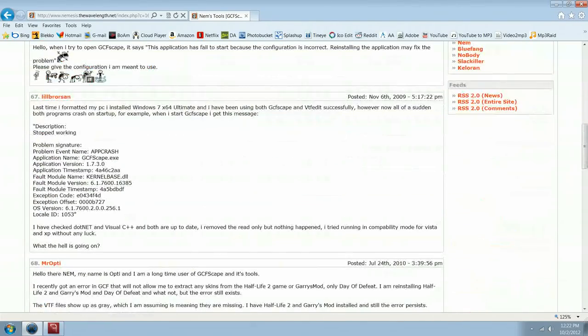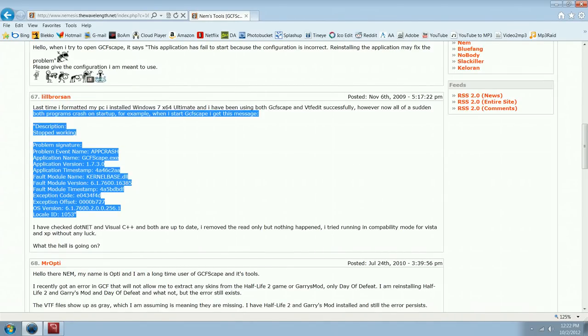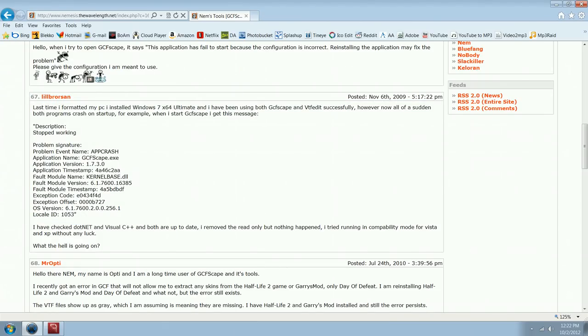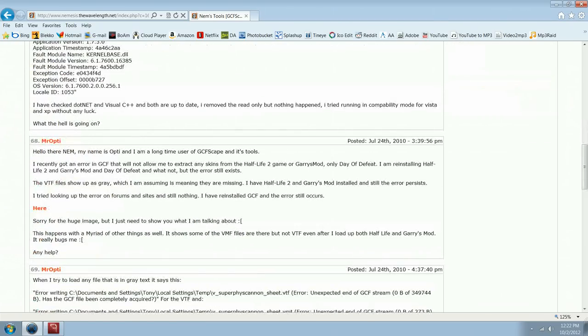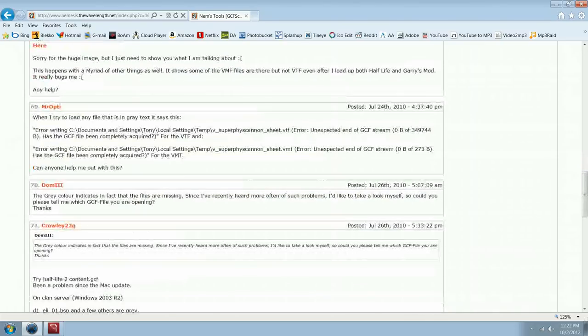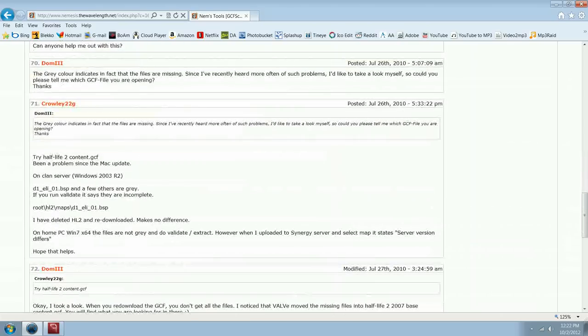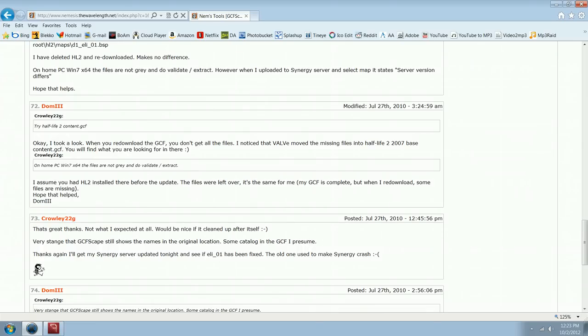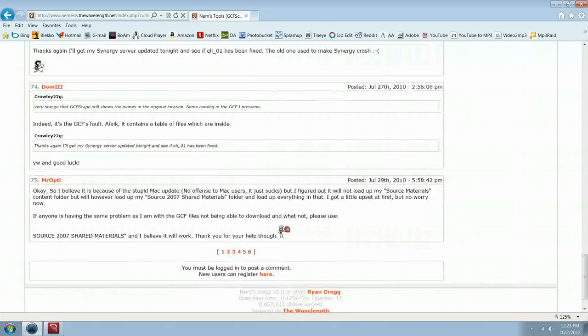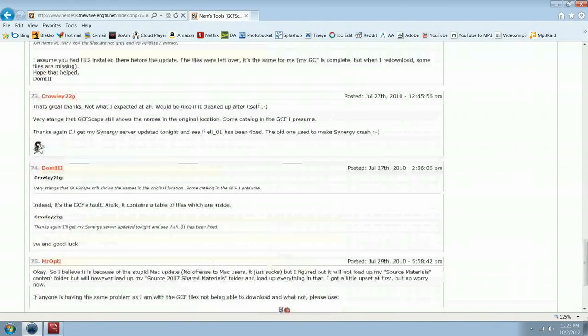You'll see people saying often exactly the errors that I was having, because most of these posts will say, oh, make sure you have the .NET and the Visual C++. Mine was totally up to date, and it still wasn't working. So what I ended up having to do was go through until I found the proper fix,